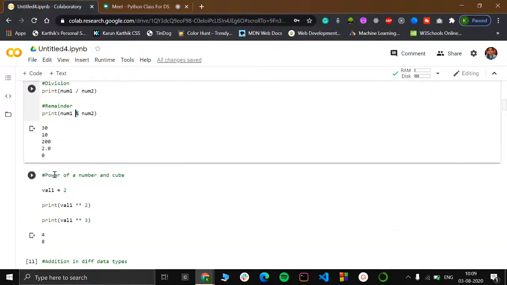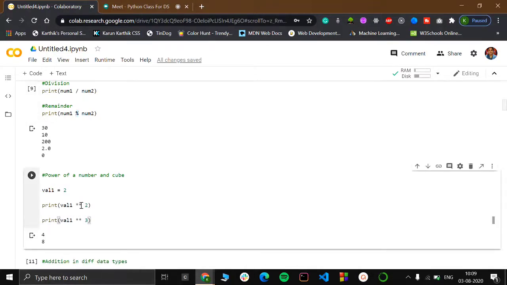After that, if you want to print the power of a number and its cube, let's give a variable val1 the value 2. If you want to print the power of any number, you would use the double star marks, double asterisk.